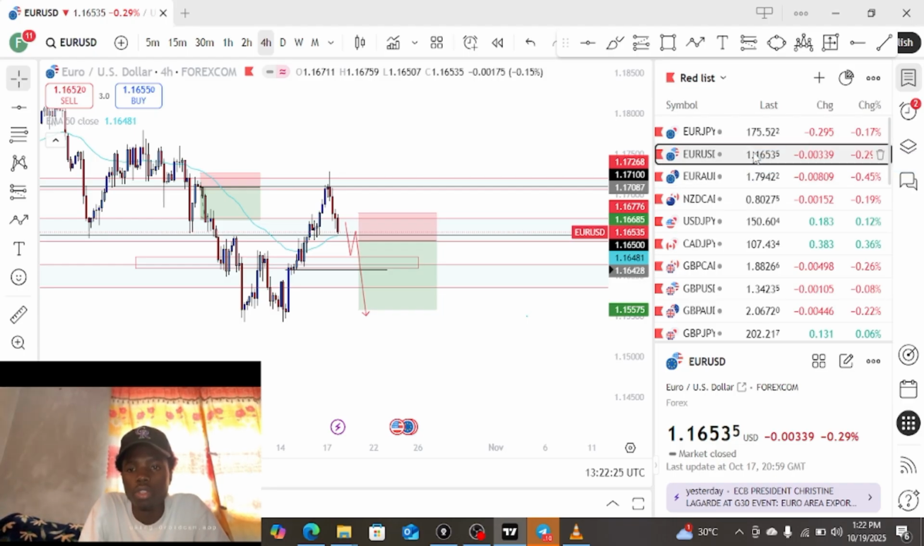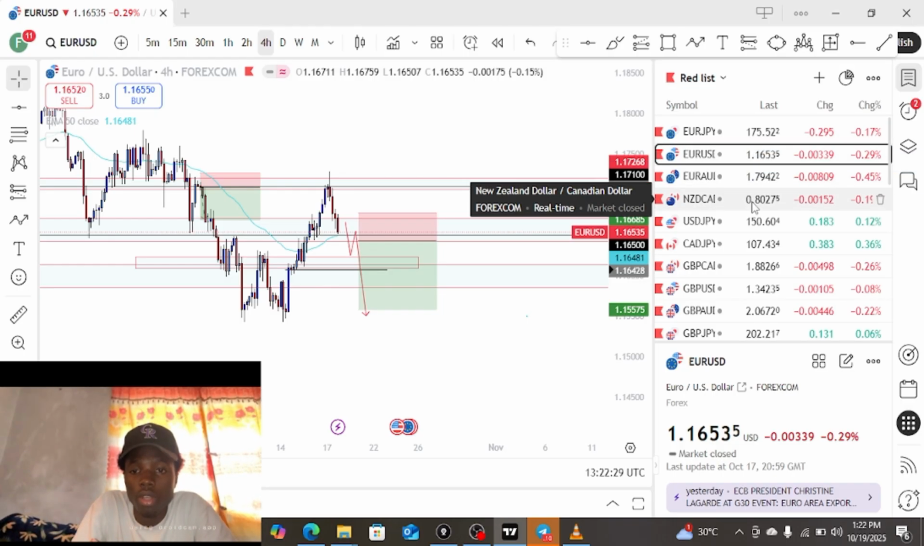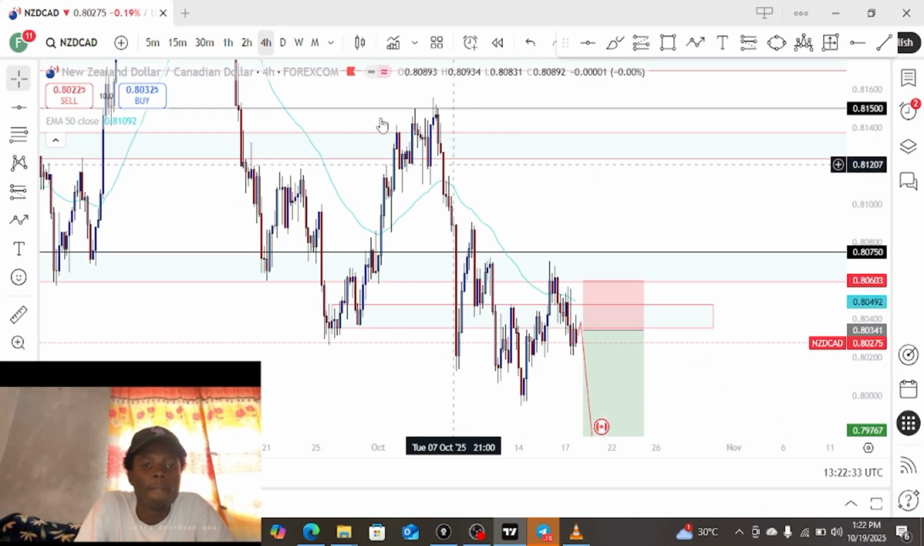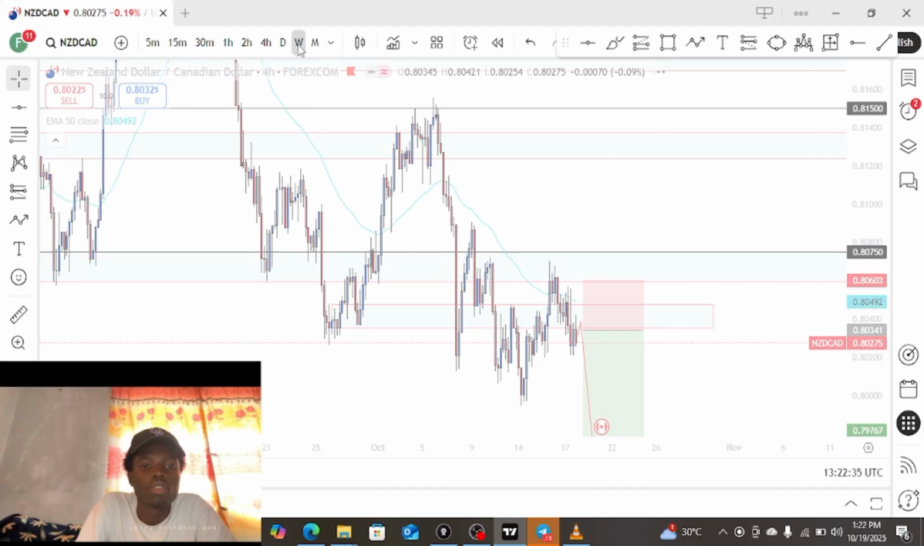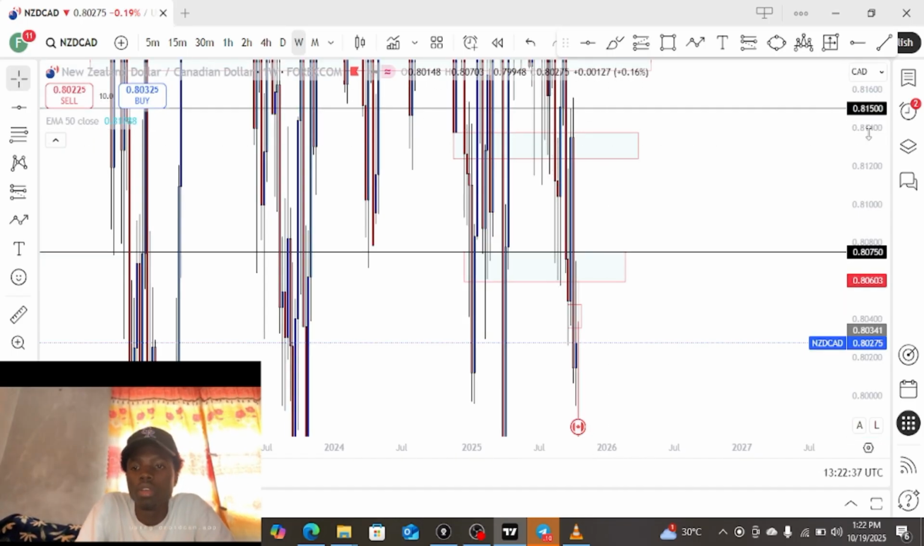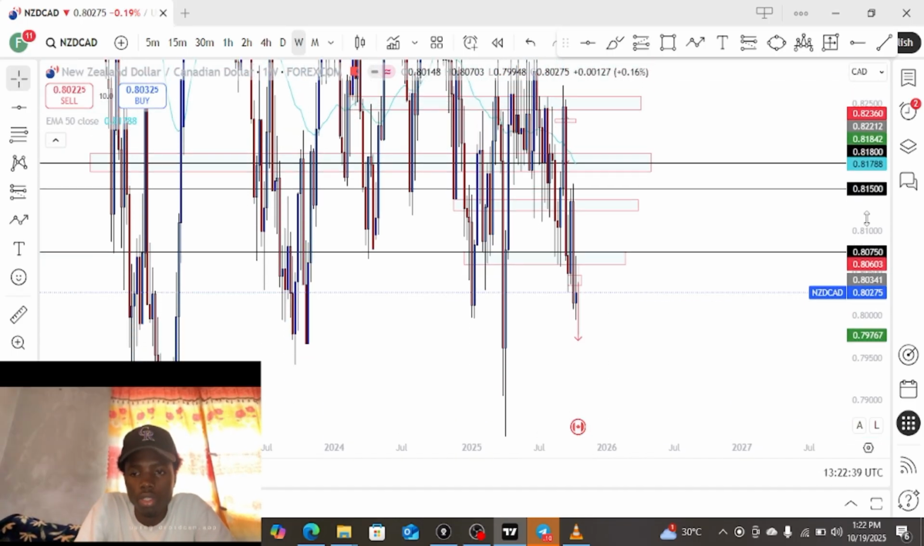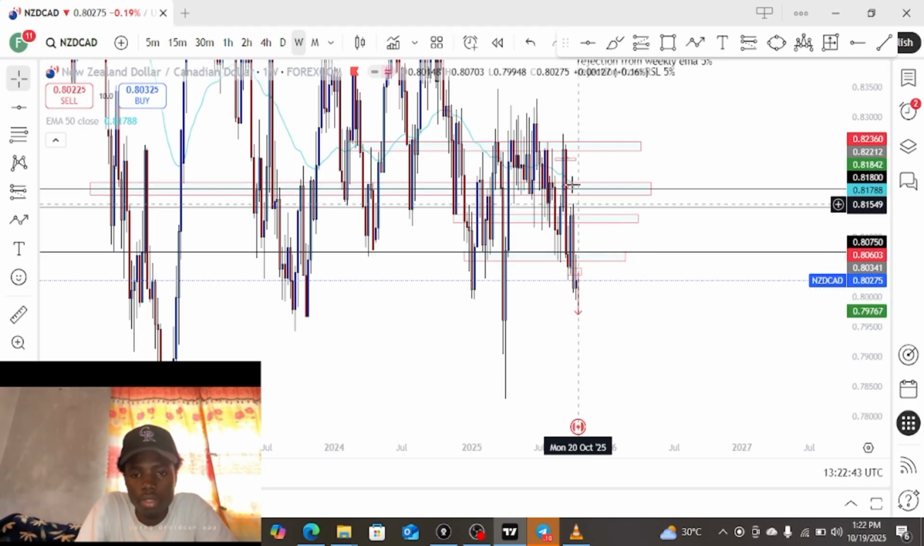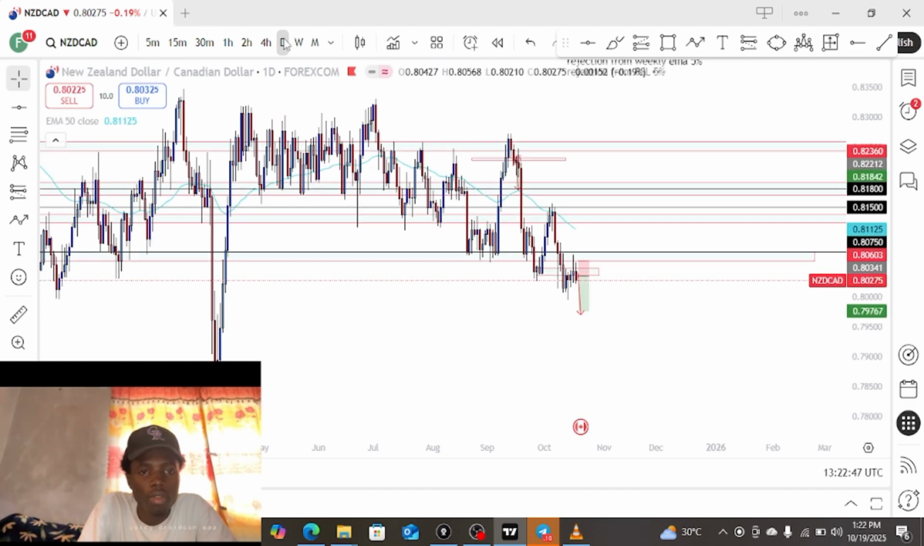Wow, the Euro pairs are really playing out. Let's go to NZDCAD. NZDCAD, go to the weekly. See what we are seeing. The weekly is bearish, value high. The daily is also bearish, and then the 4-hour is, well,